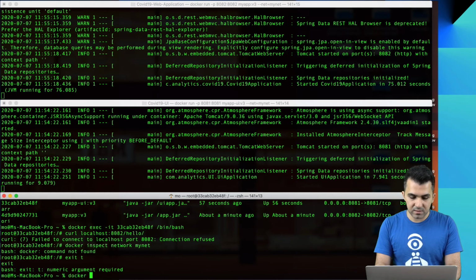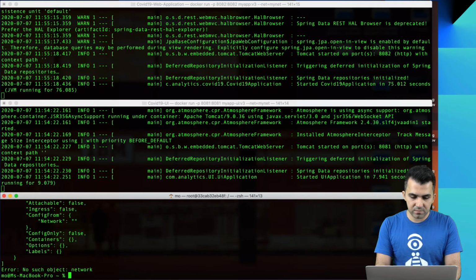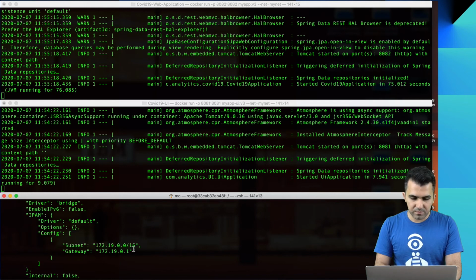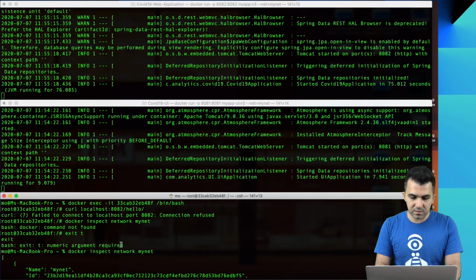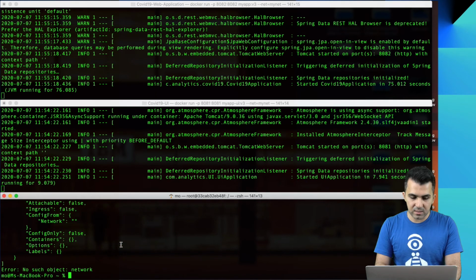Say docker inspect network mynet. Okay, so there's a gateway here and there's subnets as well, and now we need to look at our